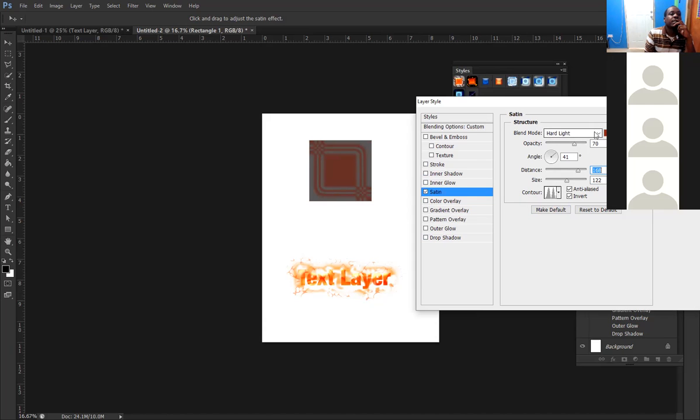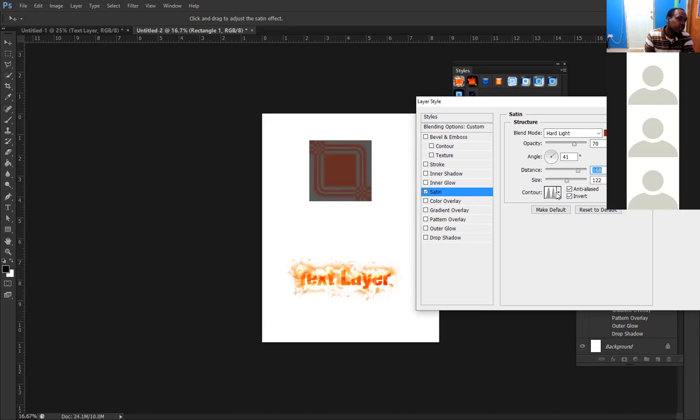Oh, the blend mode, well, remember, we are actually adjusting the style of this, which is fire on white. So that is the blend mode that's required to create the fire on white effect. But in general, when you come to each effect, they do have their default settings. And even so, you can change it. So right now, if I wanted to default to this setting, which is hard light, that color, 70% opacity, 41-degree angle for the light, distance of 168 and the size of 122 as we have on the screen here,